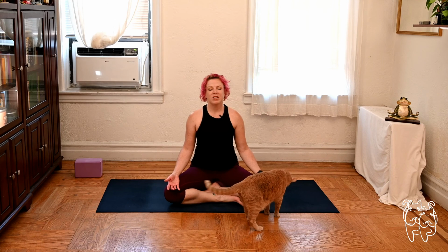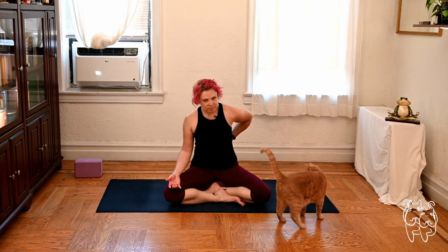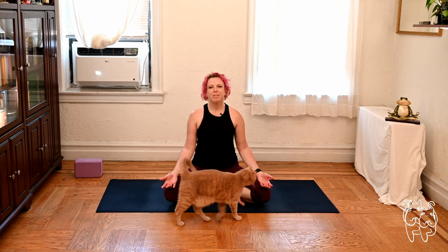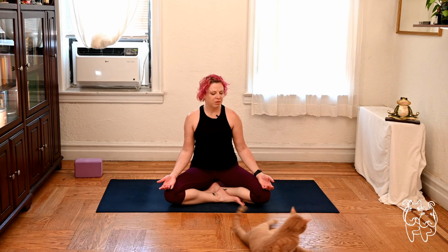Right, bringing awareness to the chest. Feel the chest soften up. The belly, bringing awareness to the hips, to the right hip, to the right leg, the knee, the calf, the ankle, the sole of the right foot, the big toe, second toe, third toe, fourth toe, fifth toe, the whole